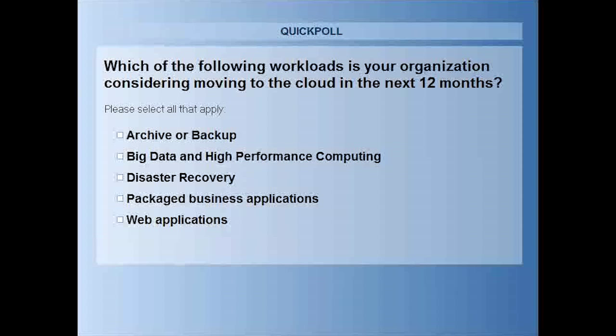The results are coming in. Thank you very much for that. Still coming in. Interesting. Excellent. We still have results coming in, so I'm going to give it a little more time. Okay, I'm going to close the poll in 3, 2, 1. Thanks for everyone who did reply, and let's take a look and see where we are.